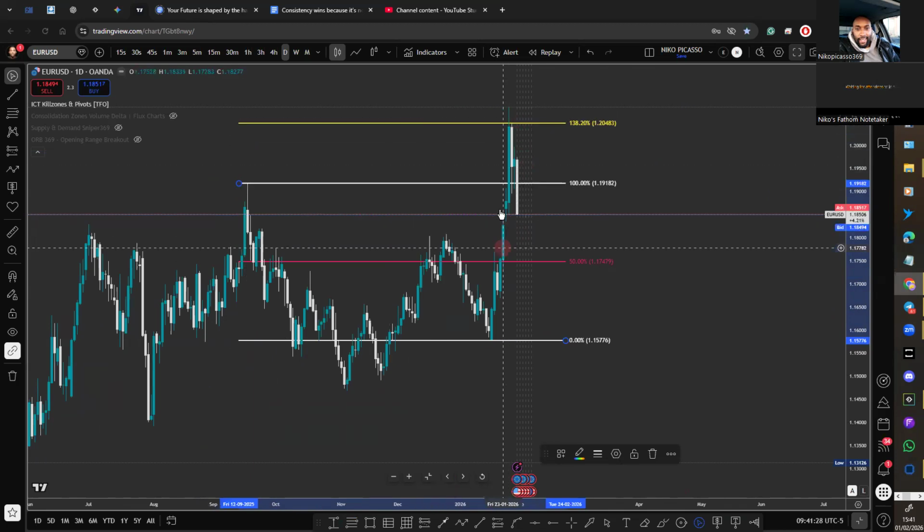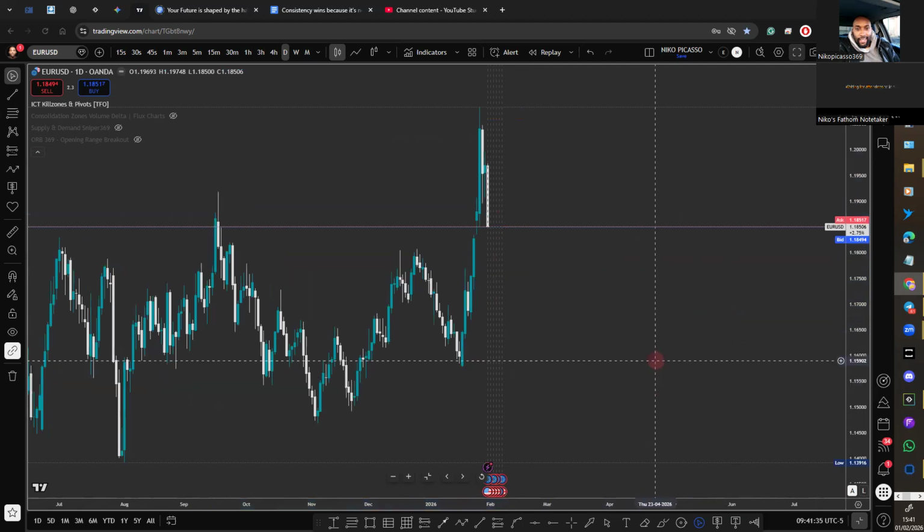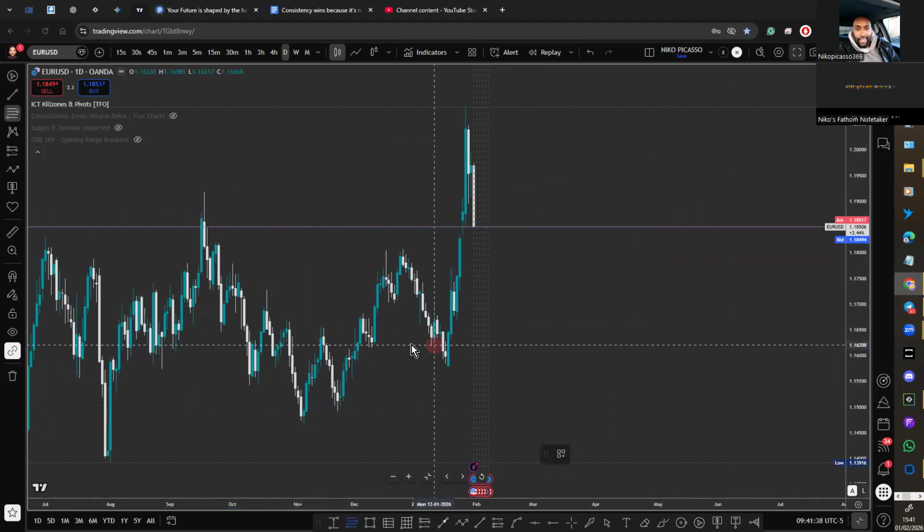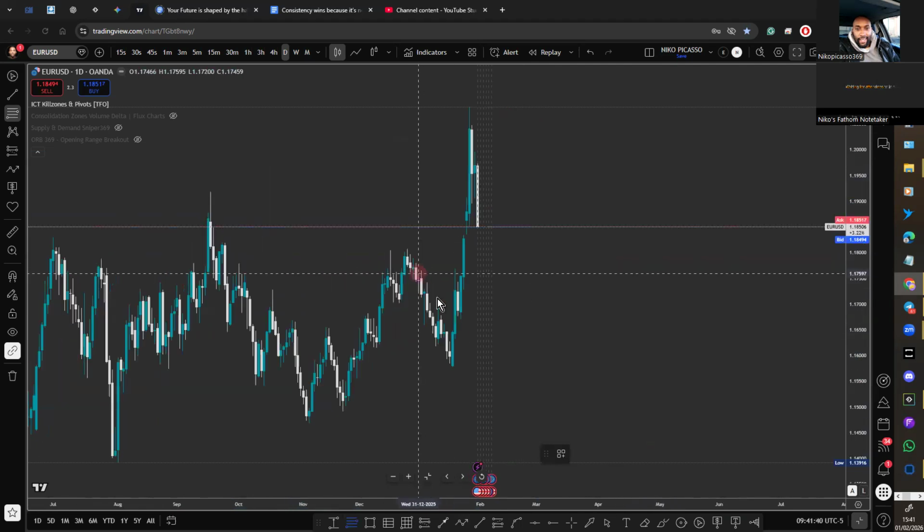Now, the market is breaking through the 100 level very aggressively. So it means their intention is to go lower. So now all we have to do is understand that, okay? So if the intention is to go lower, we have to